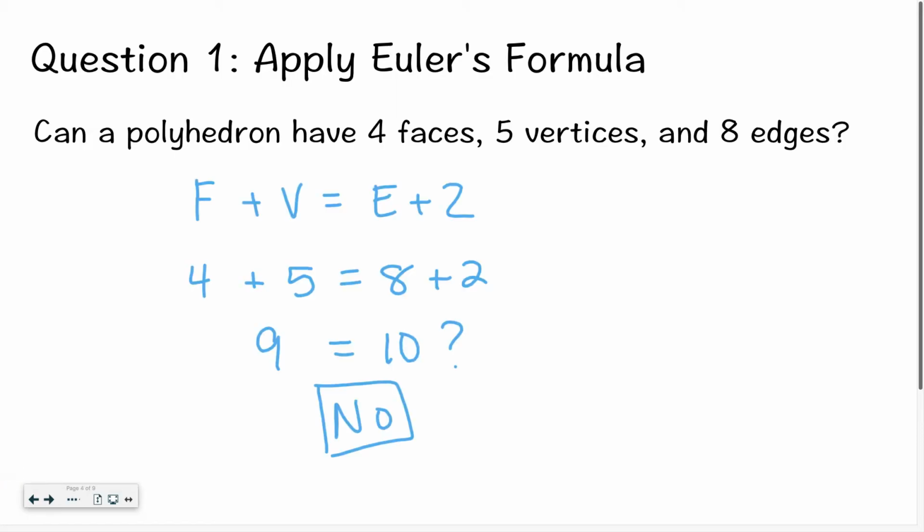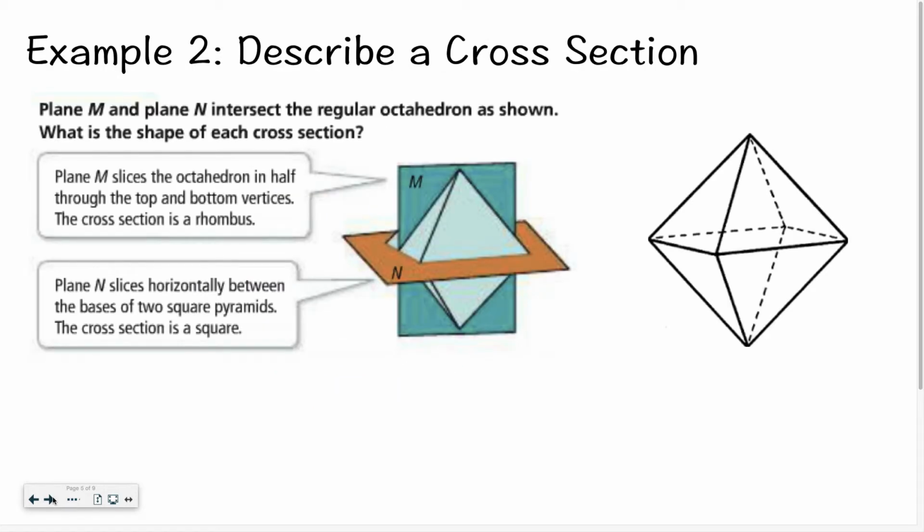Hopefully when you plugged everything in, you ended up with the faces and vertices equaling 9 and the edges plus 2 equaling 10. Since those two numbers don't equal each other, you said no. Okay, so that's all about Euler's formula. That'll be part of your assignment. The next